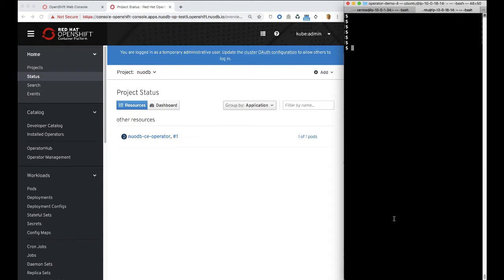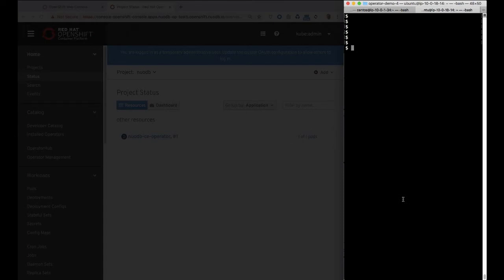Now that we love what operators can do for us, let's use the NuoDB operator to start a NuoDB SQL database. Inside the operator are all of the smarts needed to start a user configurable NuoDB database. We just need to ask for it. In our shell window to the right,